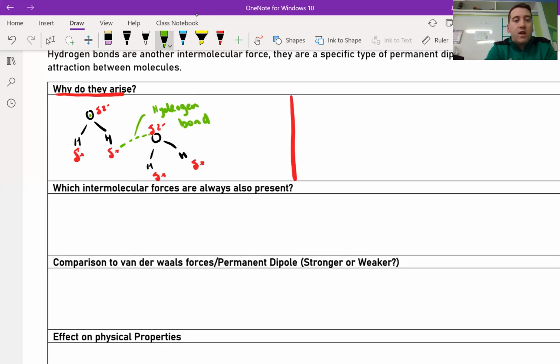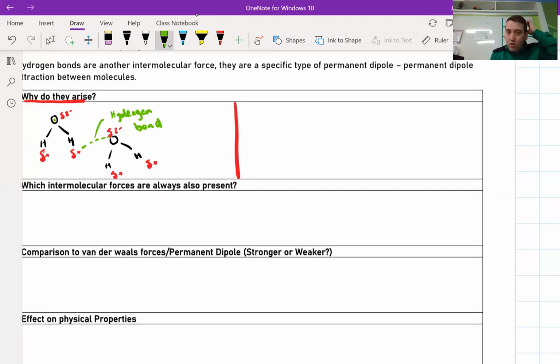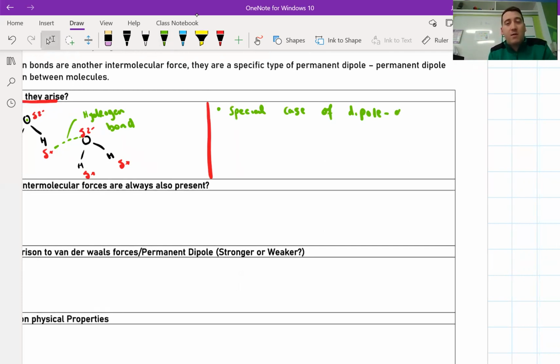Okay, so why do they arise in molecules? Looking at that diagram, can you explain how hydrogen bonds form? Pause the video and have a go at that now. First of all, I would say it's a special case of dipole-dipole interaction. If you didn't put that,